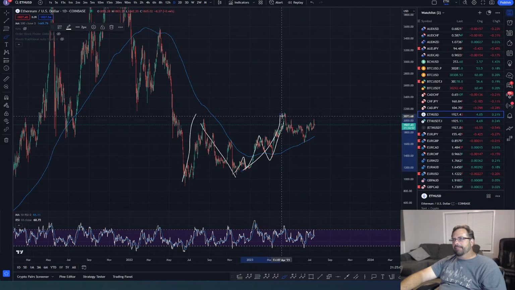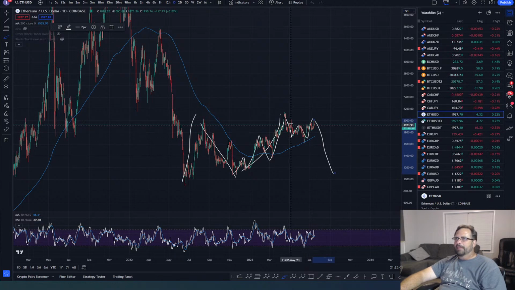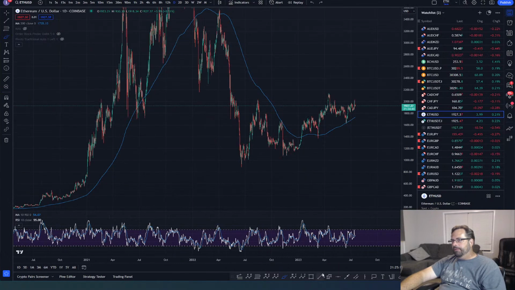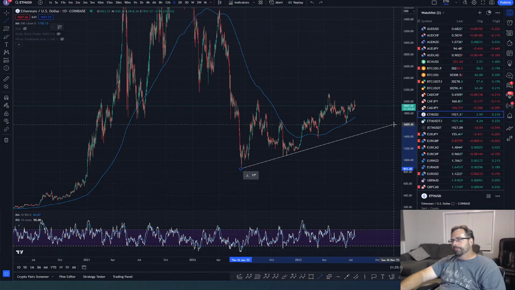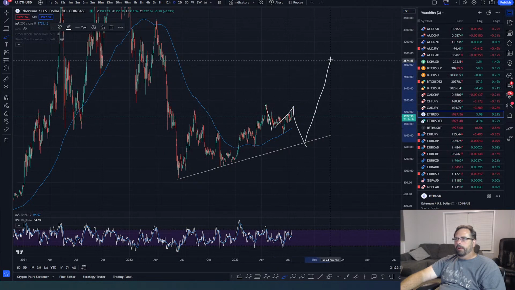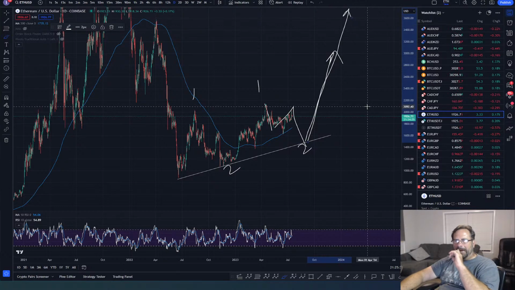So I'm looking at that thinking, okay, if that's ABC, then maybe this is indeed some kind of a flat, where we get this three-way move down. And maybe the trend holds. Boom, boom, boom. And then up we go. And then all of a sudden you've got a 1, 2, 1, 2, and we go to the moon from here. There's your moon boy count.